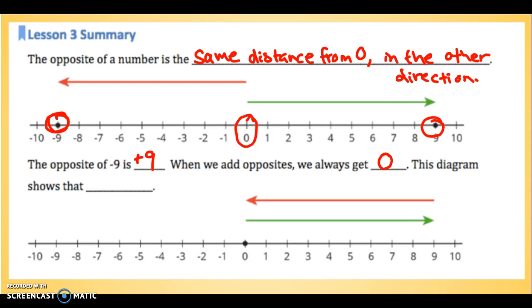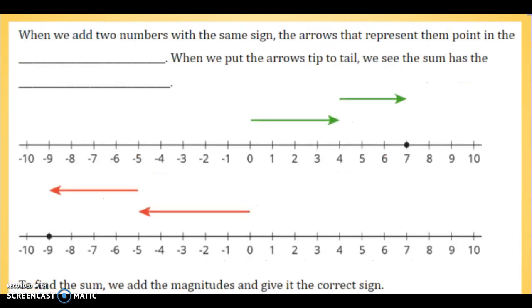So that diagram, this diagram down here, shows the addition problem of 9 plus -9, which is then giving you 0 as an answer because we're going out 9 and then undoing that, essentially going backwards, doing the opposite to get back to 0. So below that is an example of when we add two numbers,